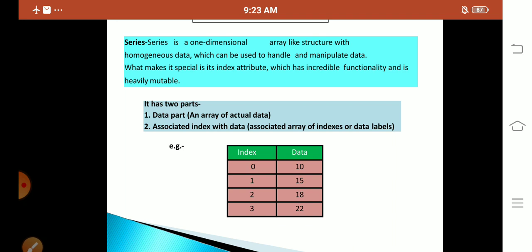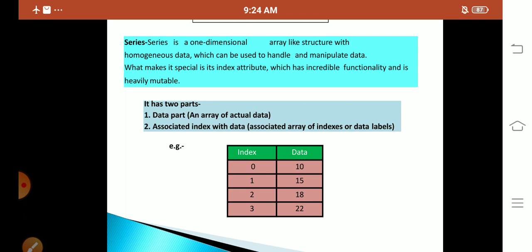Homogeneous means the same type of data type, which can be used to handle and manipulate our data. We can even change our data as per our comfort. What makes it special? Its index attribute, which has incredible functionality and is heavily mutable. Mutable means what? It can be changed.